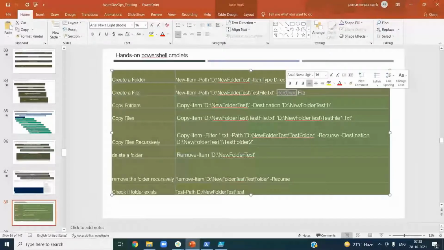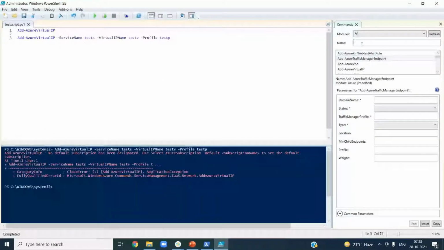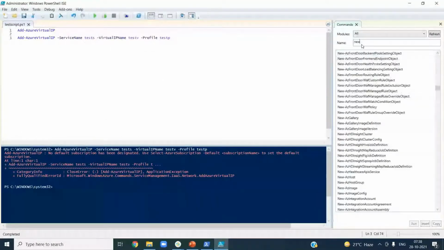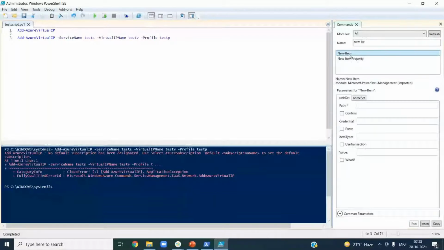Let's go ahead and see the same from your PowerShell ISE. Let us say New-Item, double click. Now you see it is asking me for the path. I'll say D colon, October 28 2021.